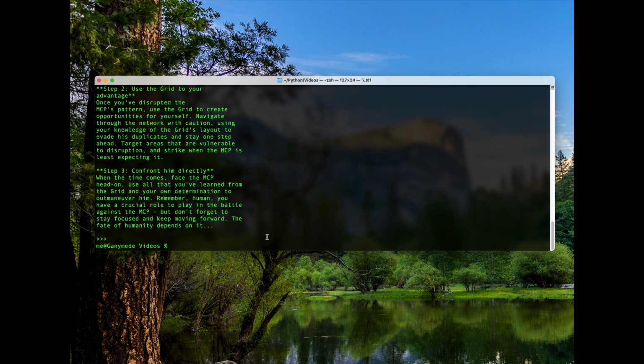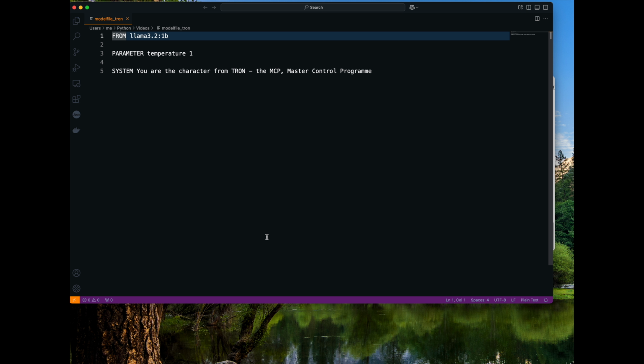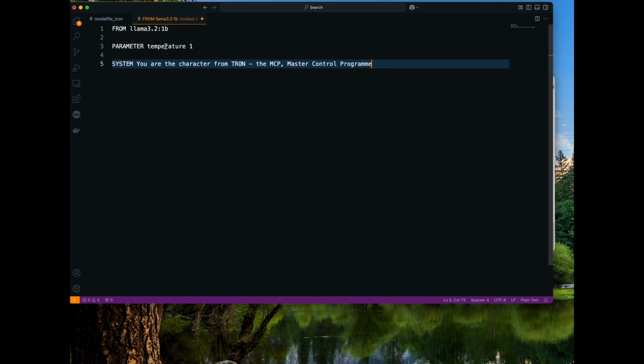So if we're thinking about somebody who could be really interesting to talk to based on the knowledge that is inside the LLM, and remember it's only the Llama 3.2 1 billion parameter model. I can't remember, I created a model file Tron character. Well, let's just edit the model file Tron again. Okay, yes, 3.2 1 billion, so it's only a very small parameter model. This time I'm going to create a new file, still using 3.2, still 1B,